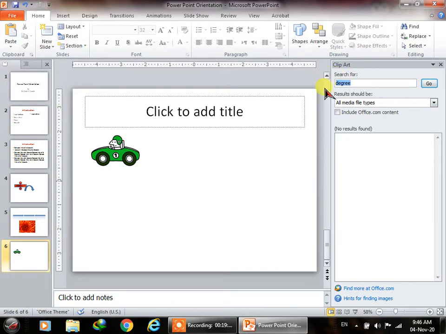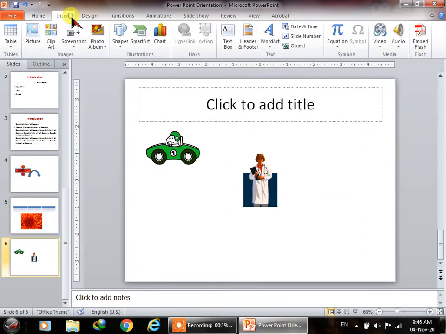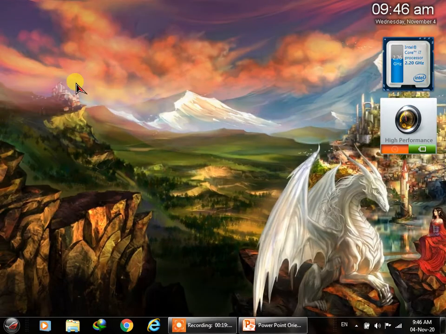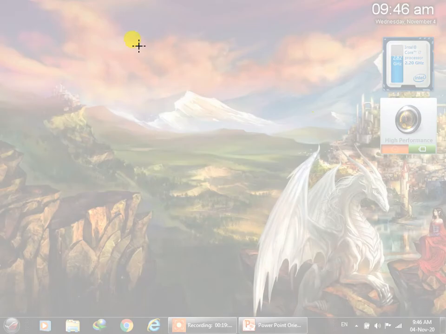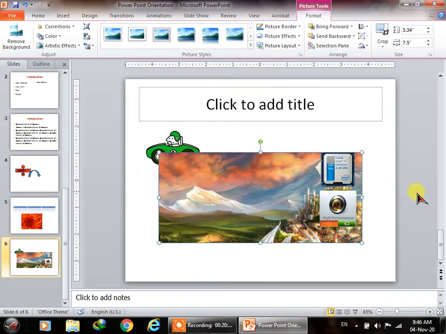You can also add a clip art for other things. You can add a screenshot. So there you go, that portion of the screen can be added as well.